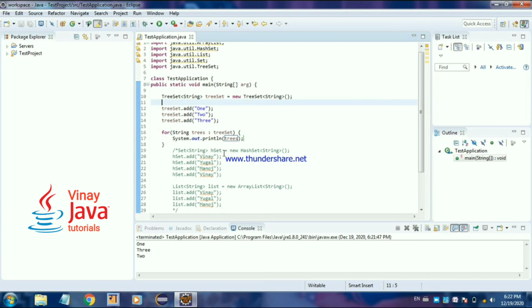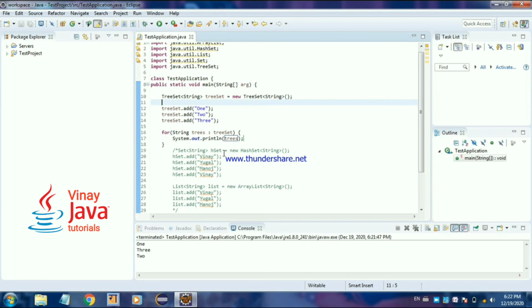Actually in tree set internally there is a binary search tree and sorting takes place using the compare method. Sorting takes place and the strings are compared one by one, and the default natural sorting order is ascending.